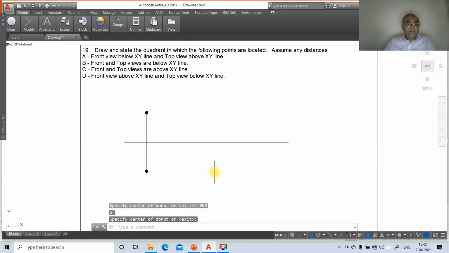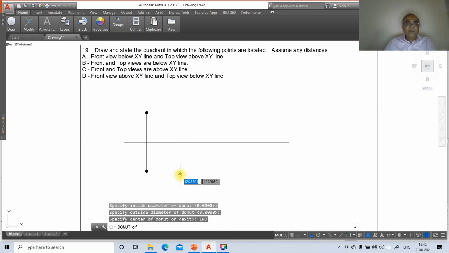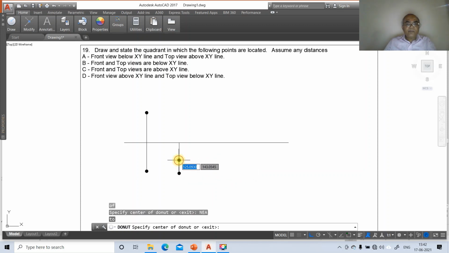Similarly, go to line, top view below XY line, so go to nearest point on this and draw one line here and go to donut, so take 3, take endpoint of this, and then you take one more nearest point on this.